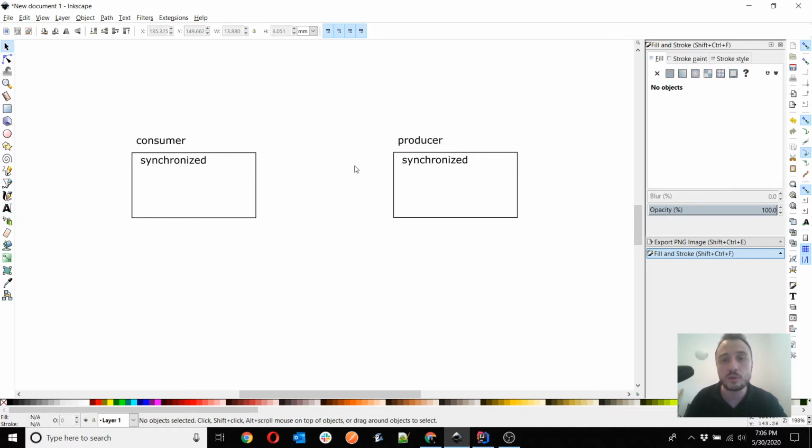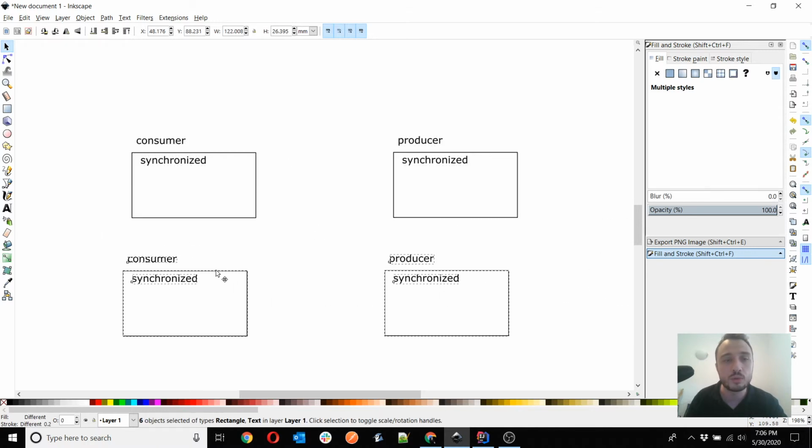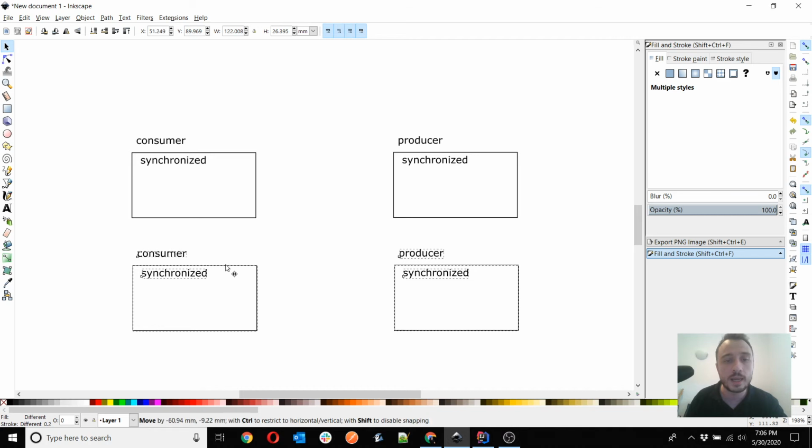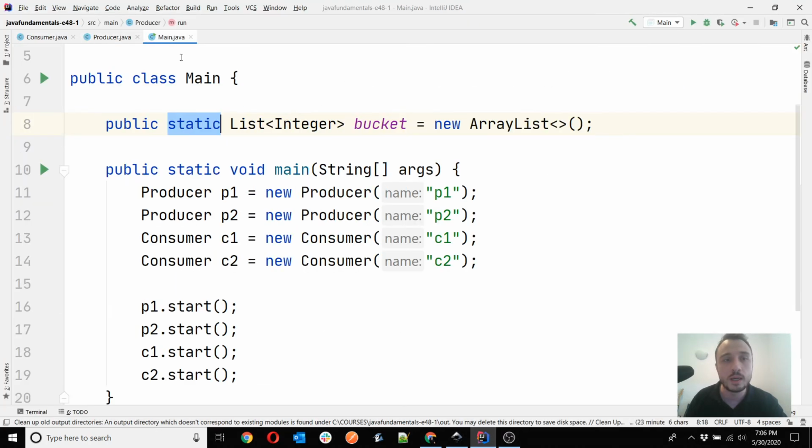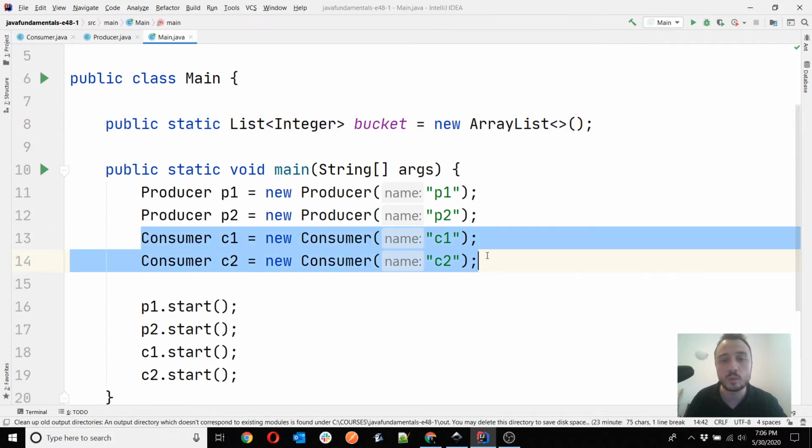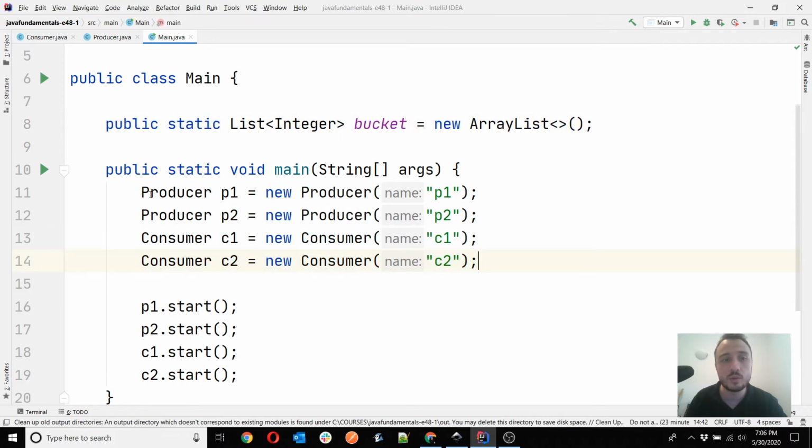We might of course have multiple instances of consumers and producers. In our case, for example, we have two consumers, two instances of consumers that we have created in the end, and two instances of producers. Of course you can have as many producers and as many consumers as you'd like, even more than this, but for us a couple of each was enough for our demonstration.